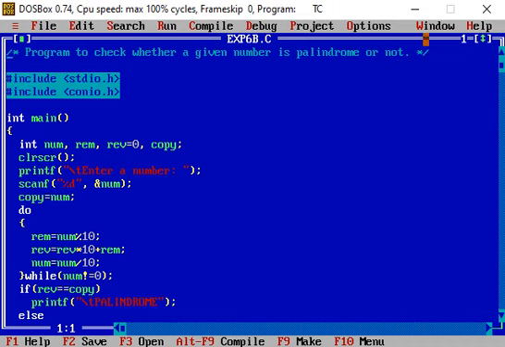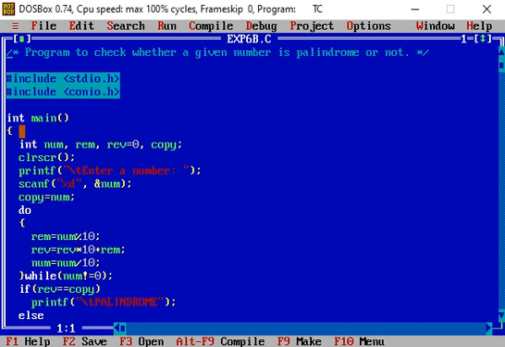So how to write a program to check a number for its palindrome? We will discuss the code written here. First we include the standard input output .h and conio.h header files using the preprocessor directive #include.